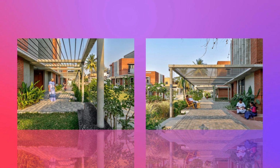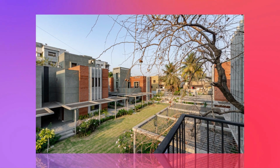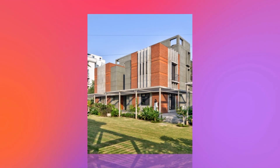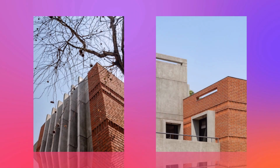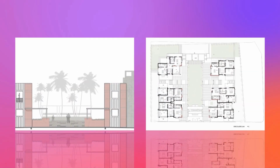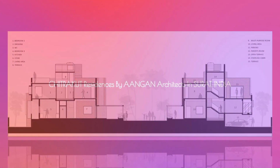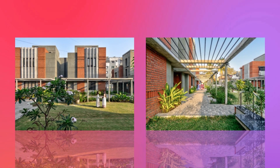Additionally, the incorporation of a mezzanine room above the parking area introduces an impressive ceiling height of 12 feet 6 inches to the living spaces, enhancing a sense of openness and grandeur. The strategic use of exposed brick, exposed reinforced concrete (RCC), and grit plaster finishes adds a visual and tactile appeal to the interior spaces. By leaving these materials uncovered, the architecture celebrates its raw beauty and creates a sensory experience for the residents. Skylights in rooms and utility areas introduce ample natural light, enhancing the overall ambience and reducing dependence